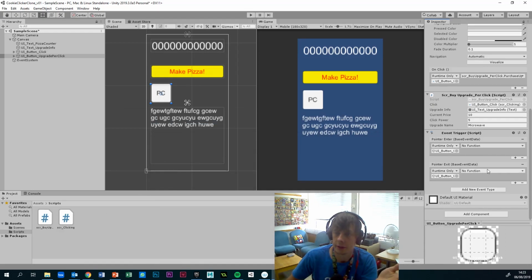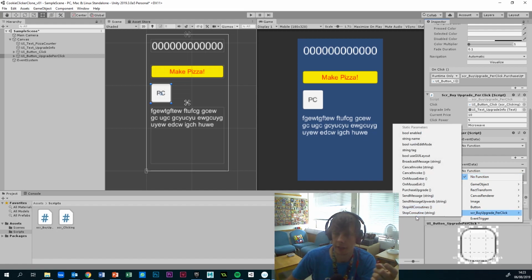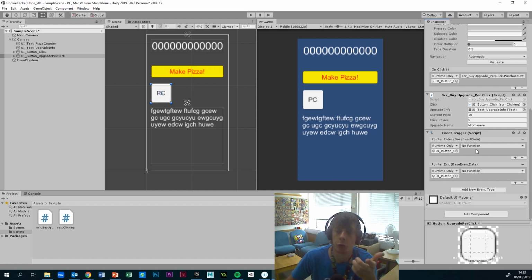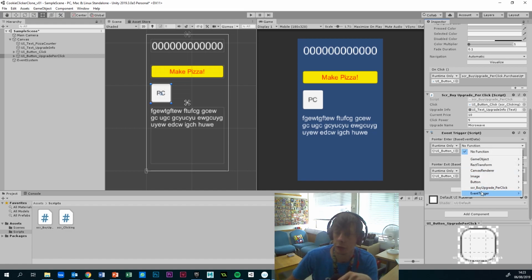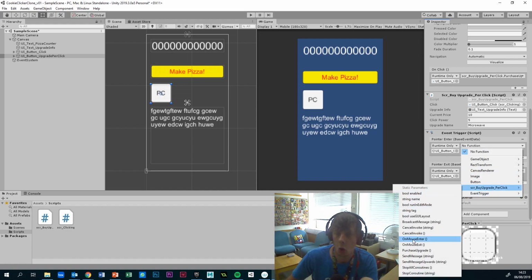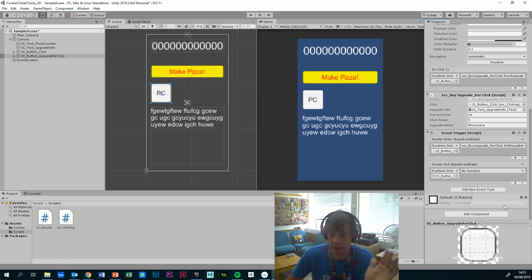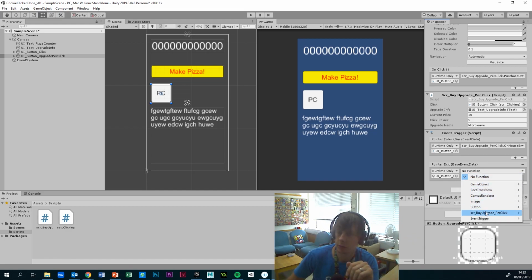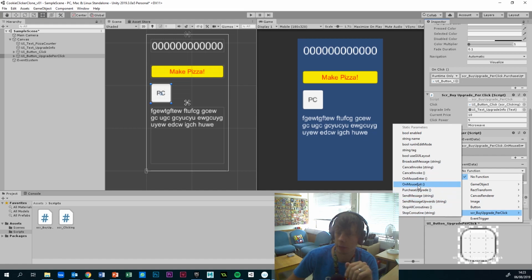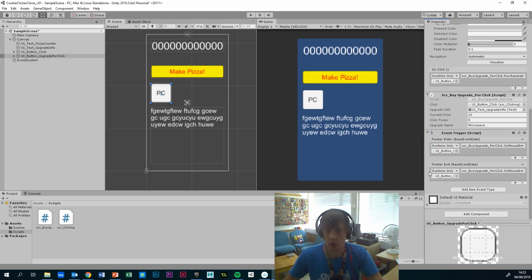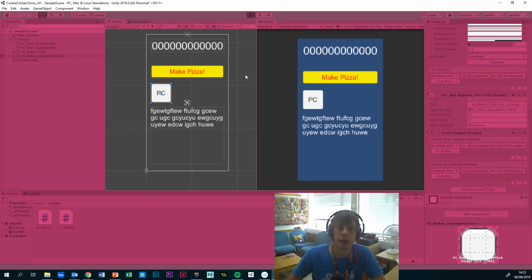Within here, if I choose the function scripts, you can see update text is not there, because the other ones were public, so we can access these. So for pointer enter, no function, change to on mouse enter, mouse pointer, same thing. And then for pointer exit, choose that scripts, and then on mouse exit. So that should be enough to make this work. So if we hit play